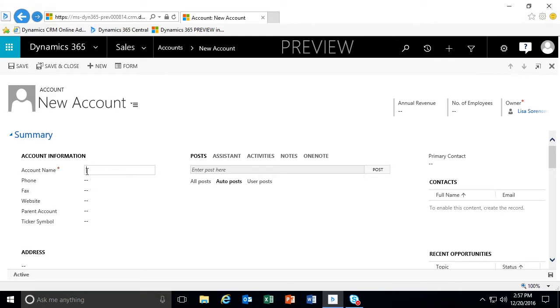So in doing so, again, we have two required fields for a new account: account name and our record owner. By default, the record owner is automatically populated, and that's how the system is set up. It becomes populated by the user who is creating that new record. Now, in the account name, let's say that there's a sister company for Coho